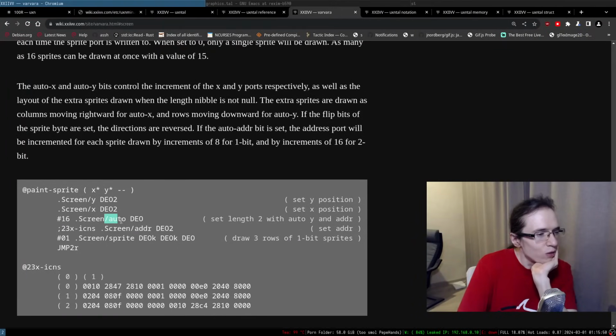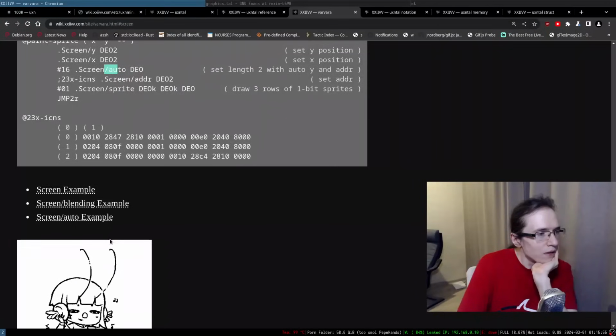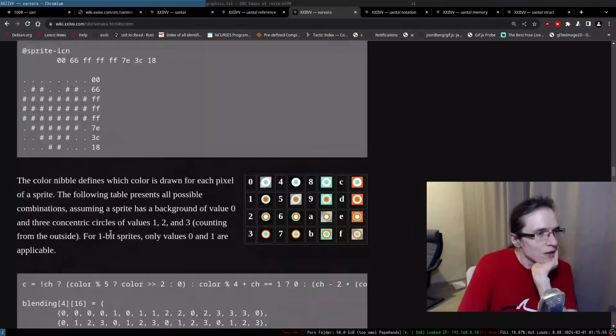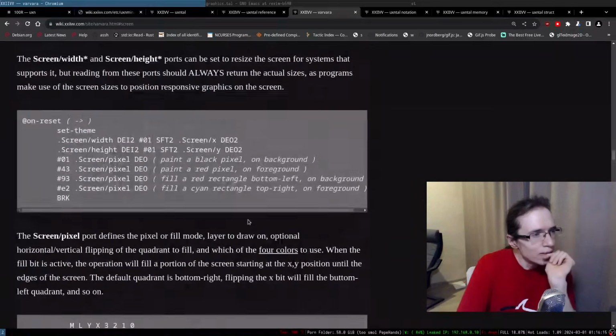So what is auto? I probably need to read perfectly. The color is which color each pixel represents, all possible combinations, assuming a sprite has a background of 0 and 3 concentric circles of 1 counting from the sides. It's a bit weird.